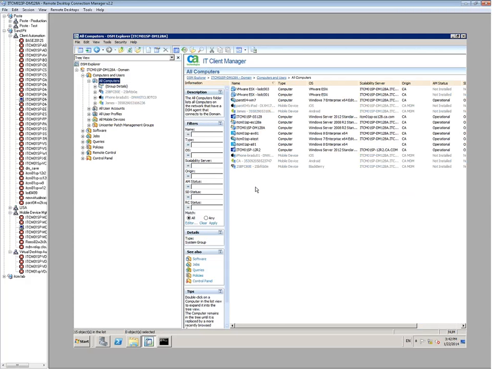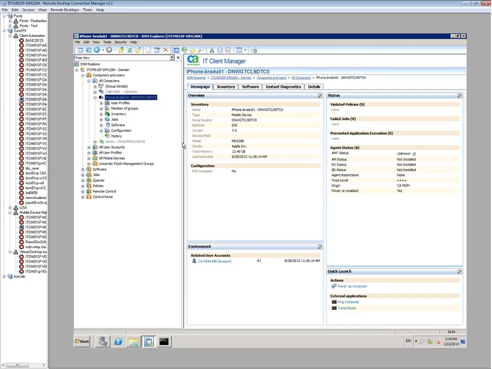And in this first cut of the integration, we're supporting the Apple iOS, the Android, and the BlackBerry. Okay, so we provide 3 templates for the asset converter that are then used to extract those different device types. So if I just start off first of all with an Apple device, let's have a look at